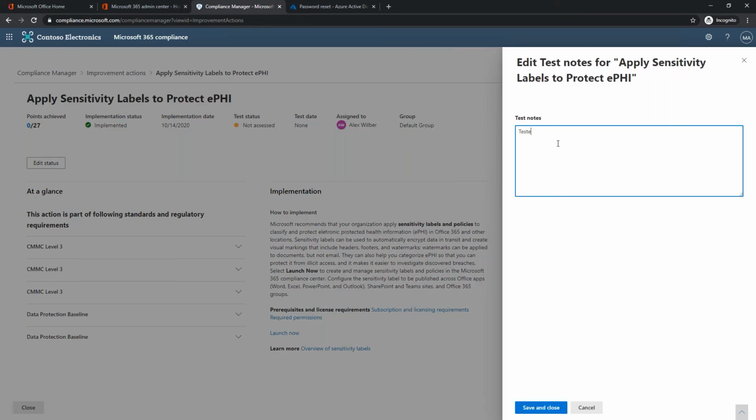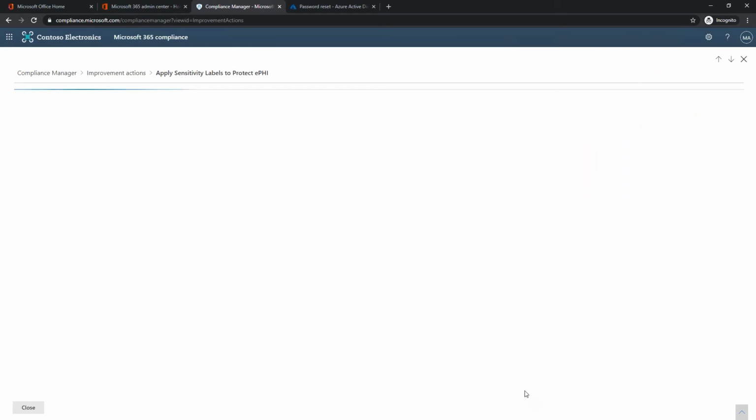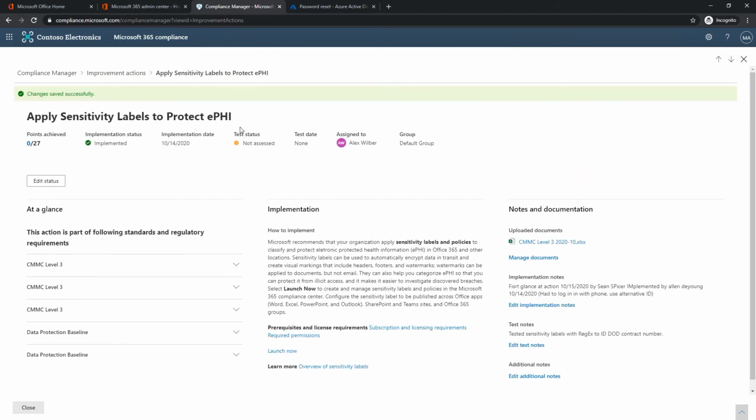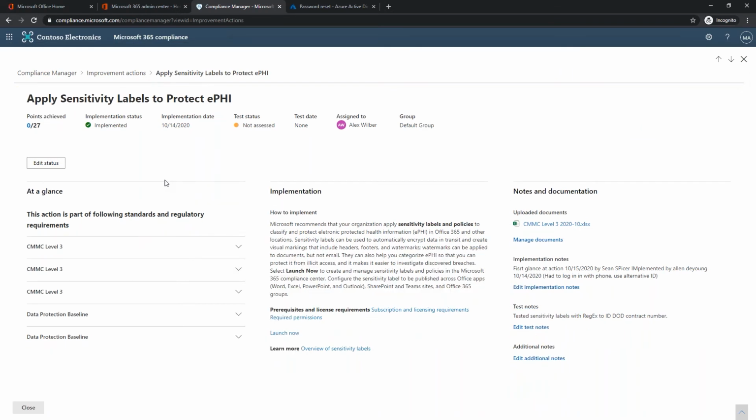And tested sensitivity labels with regular expressions to ID DoD contract numbers. Now, again, I have done tech talks in the past about intelligent labeling and how you can use regex to identify sensitive information, PII, within your Office 365 organization. That can be insurance information, bank account numbers, and there are hundreds of available templates for you to identify that